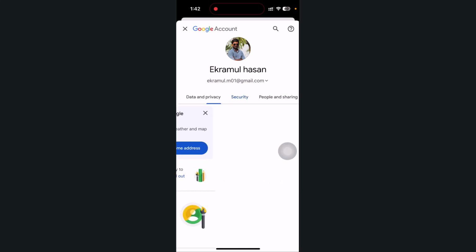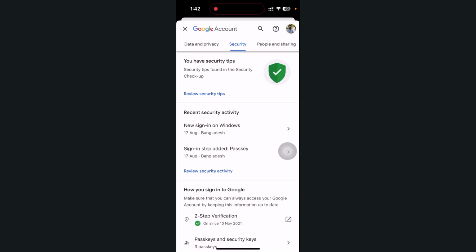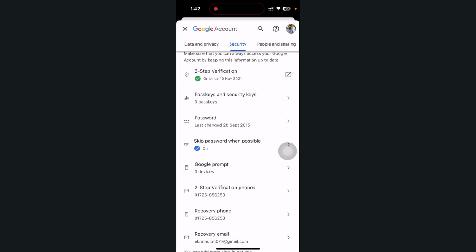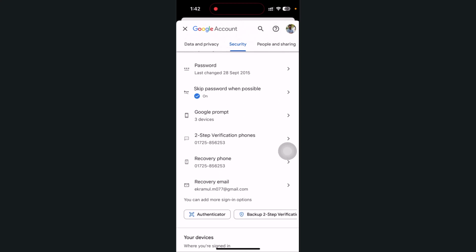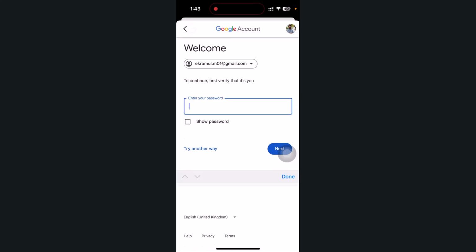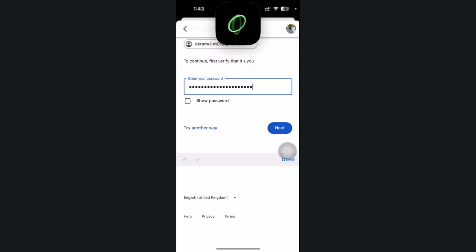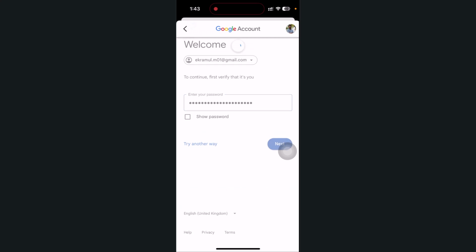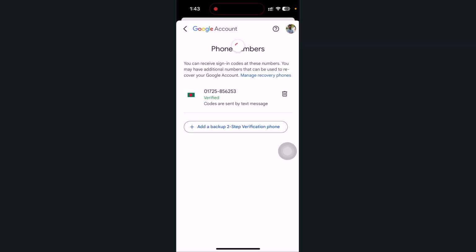and you have to go to your security option, and under security you have to press on two-step verification process, this one, and log in with your Gmail password, and once done go back,